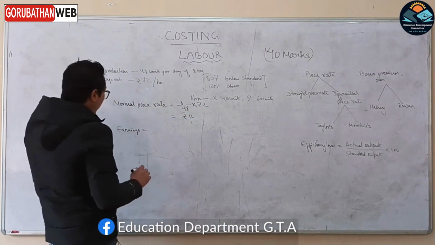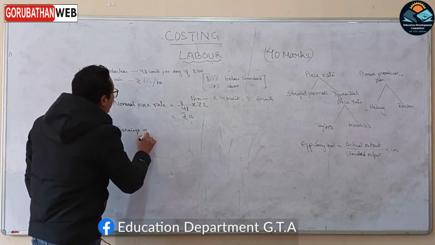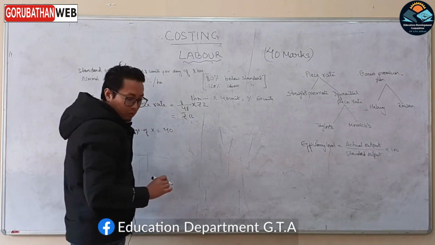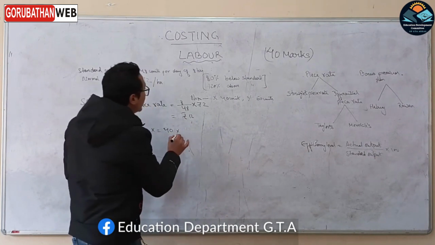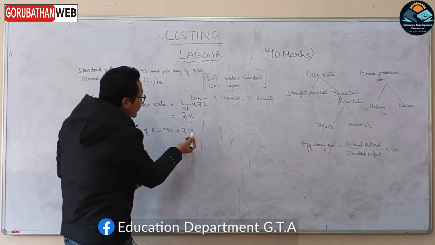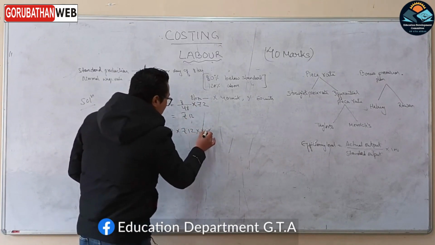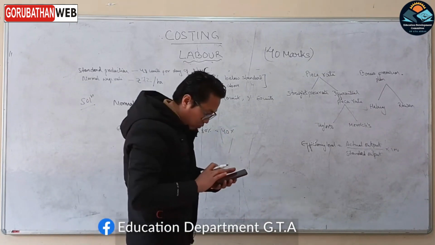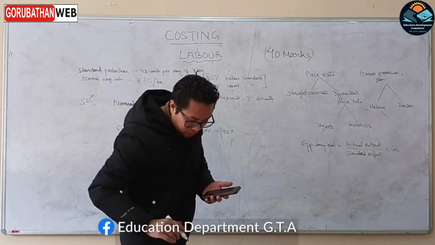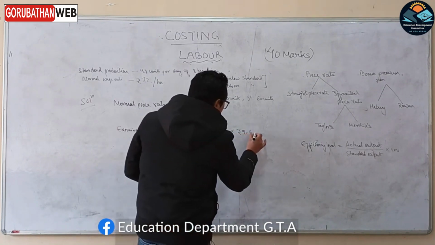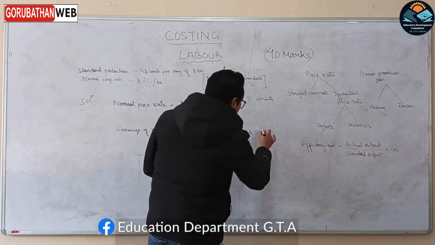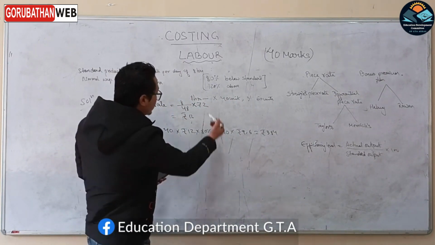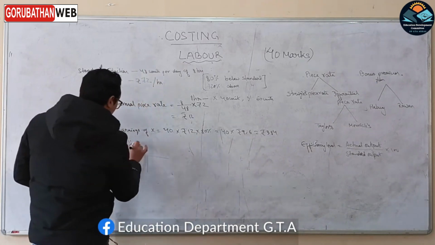अब पहिला हामी अर्निङ्स निकालौँ। अर्निङ्स अफ X: 40 वटा युनिट्स उसले प्रोड्युस गर्यो। 40 वटा युनिट प्रोड्युस गर्दाखेरि रेट ₹12, ऊ बिलो स्ट्यान्डर्डमा आयो, यसको 80%। 40 into 12 into 80% भयो भने हाम्रो आउँछ 9.6, र यसलाई फेरि 40 ले मल्टिप्लाई गर्यो भने आउँछ ₹384। अर्निङ्स अफ X त 384 पाउने रहेछ।